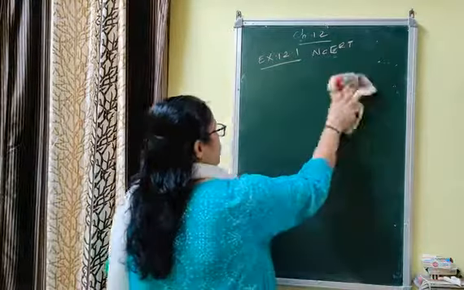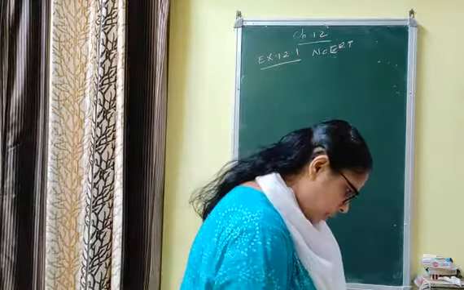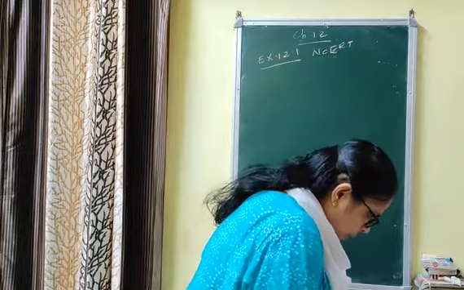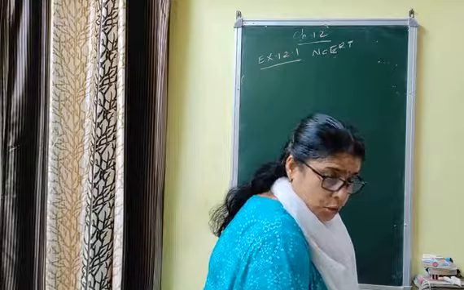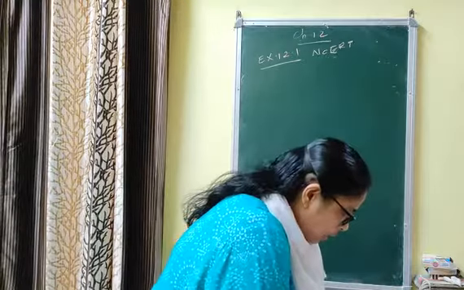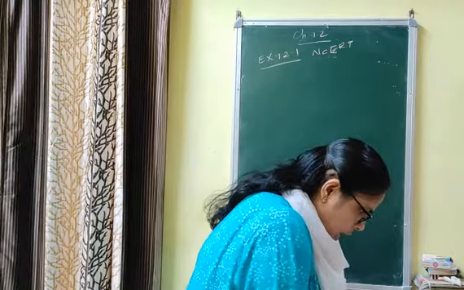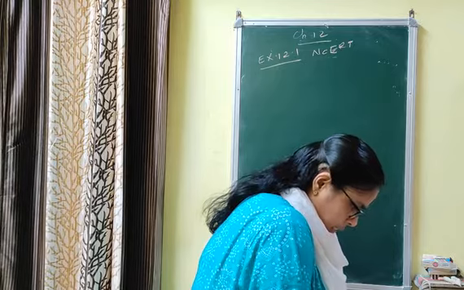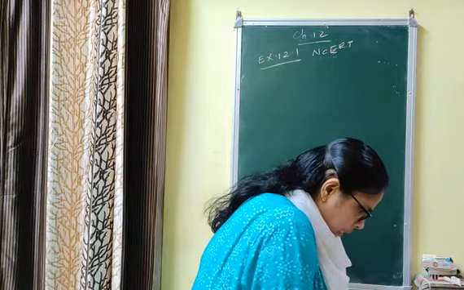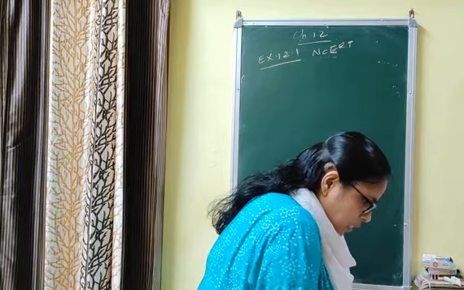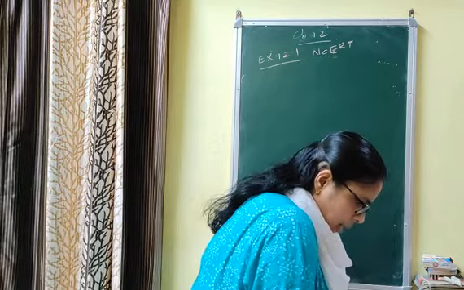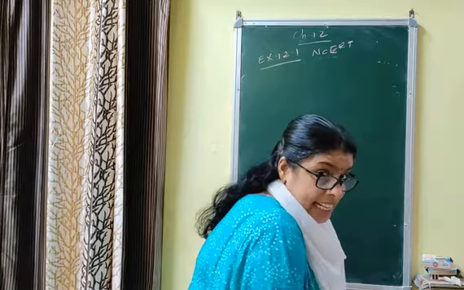Now last question of this exercise, the fifth question, is MCQ. The wheels of a car are of diameter. This question is very important. You can expect this question for 3 marks for board examination. I am reading the question. The wheels of a car are of diameter 80 centimeter each. How many complete revolutions does each wheel make in 10 minutes when the car is traveling at a speed of 66 km per hour? There is a car and diameter of wheel is given as 80 centimeter.